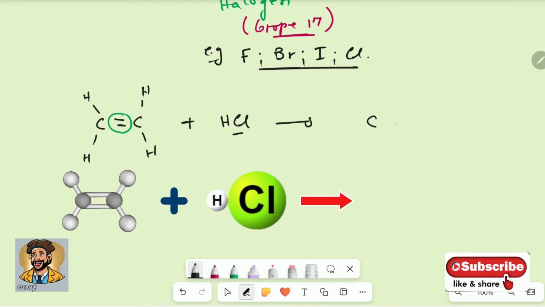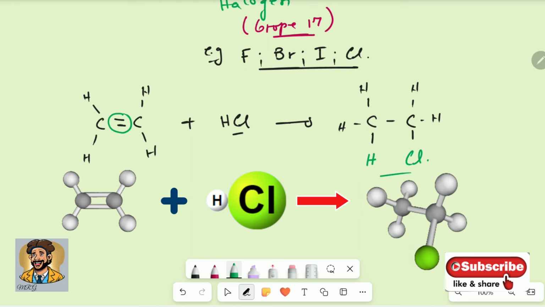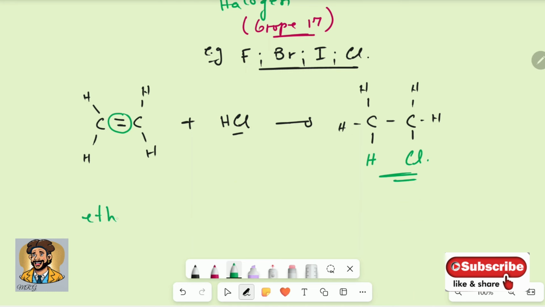So this is what you have before: hydrogen, hydrogen, hydrogen, hydrogen. The double bond breaks and they open two spaces. One space will be taken by the hydrogen and the other will be taken by the chlorine. So in this case, you start with ethene and you end with